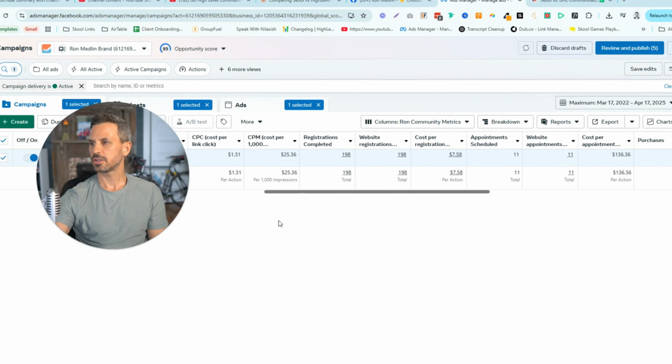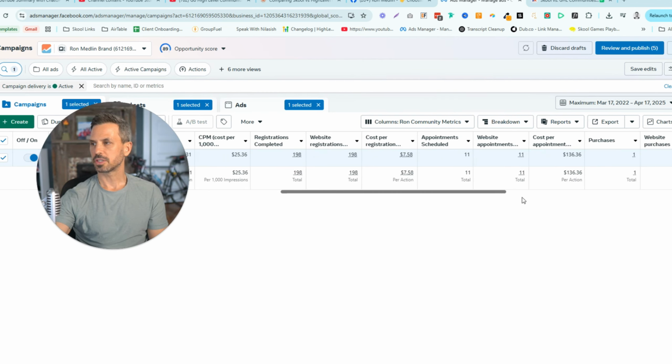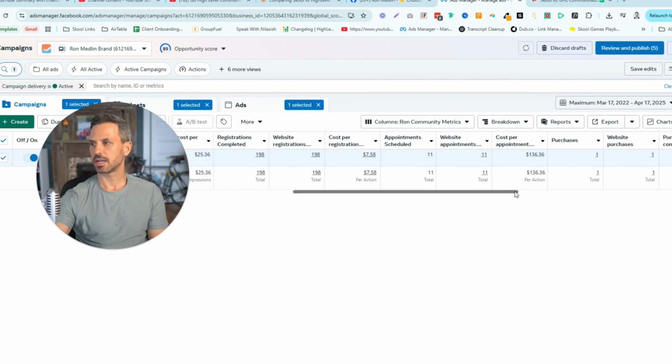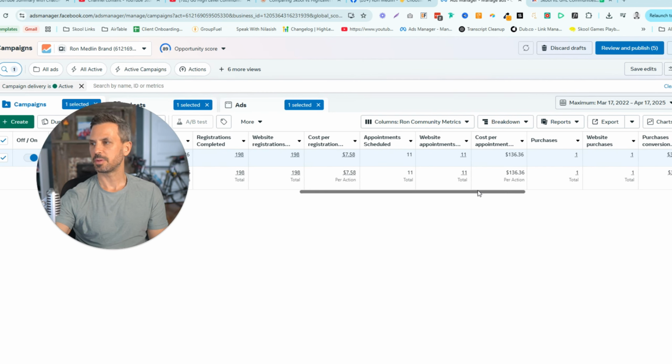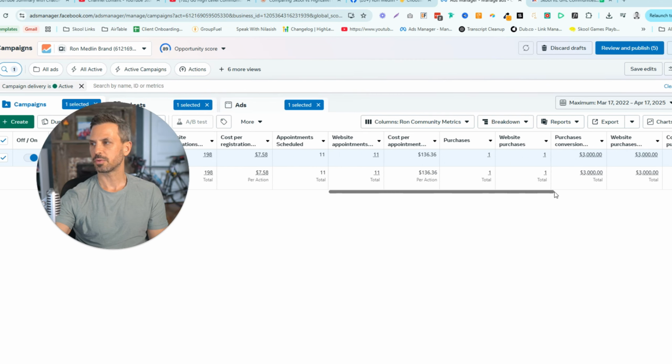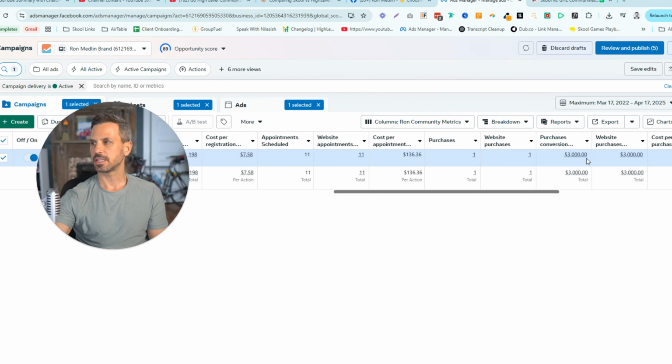So I got 198 group joins at $7.58 per group join. I booked 11 appointments at $136 per appointment, a little bit higher than I like to pay, but still decent, because what we got was a high ticket sale for a $3,000 high ticket sale. So that's $3,000 that we made so far, plus we made a bunch of monthly community sales from this lead